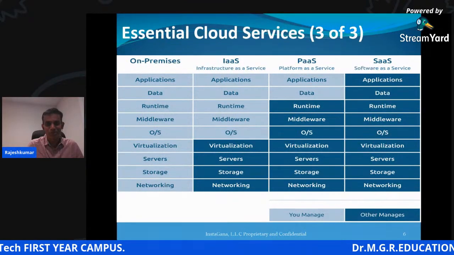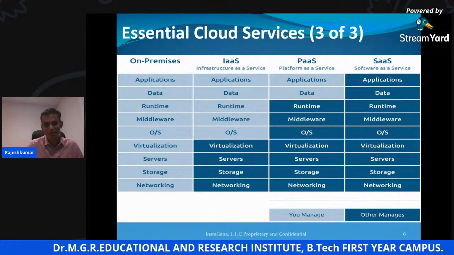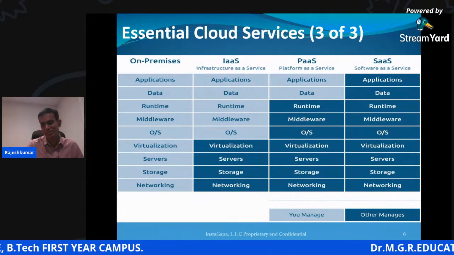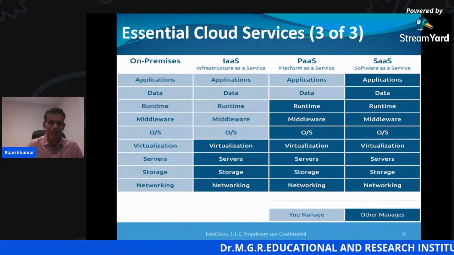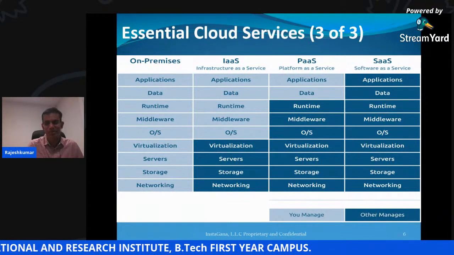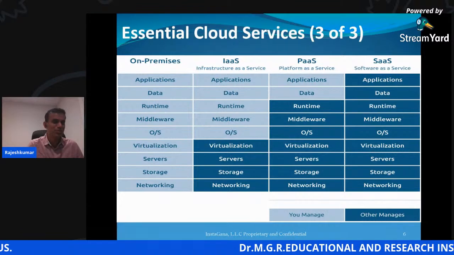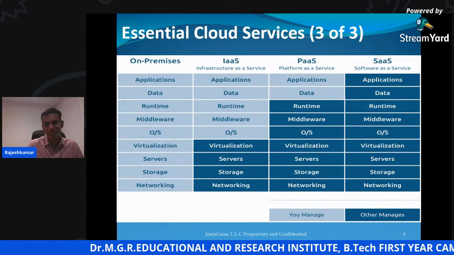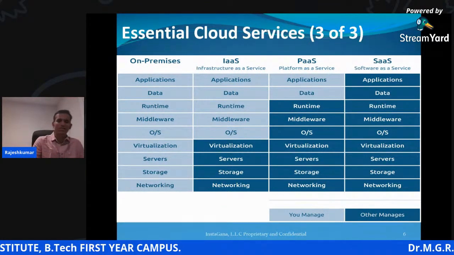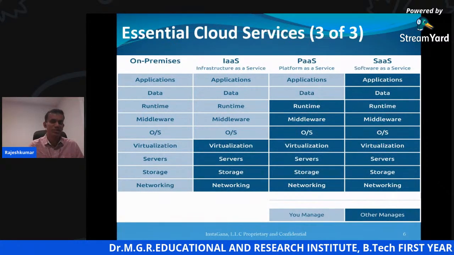But if you go out and eat in a hotel like Saravana Bhavan or A2B, that's software as a service. You just go there, you need not prepare anything. You just have dosa and keep coming. That is software as a service. Infrastructure as a service is like preparing your dosa in a service apartment. They provide the stove, the kitchen and the basic stuff, and then you go on top of it. You bring your butter and all your ingredients, and then you prepare it